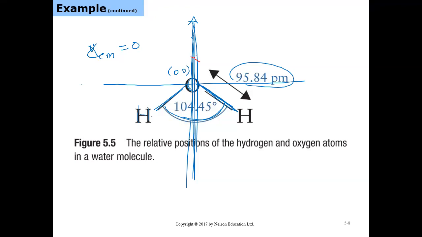And let me give you some points: A, B, C, D. Which is more likely to be the center of mass of this water molecule? A, B, C, or D? Oxygen is heavier. Oxygen is 16 times more massive than hydrogen. If the atomic mass unit of hydrogen is 1, oxygen is 16. So it must be closer to the oxygen. It must be on the y-axis. But if I draw the line here, it must be closer to the oxygen than to the hydrogen. So it's more likely to be